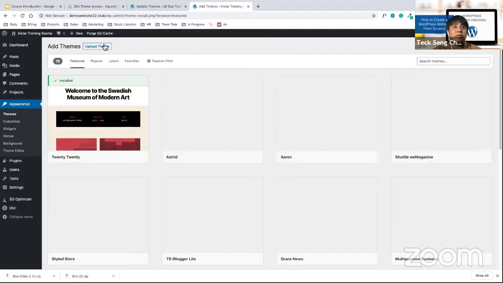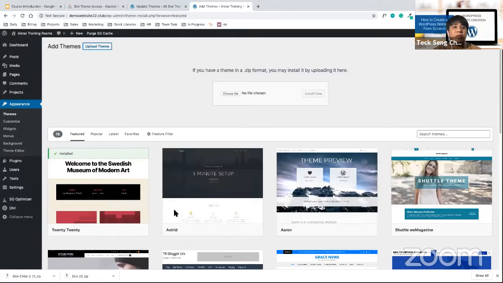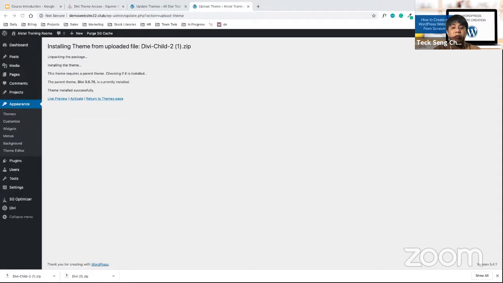Click on Upload Theme, and then install the child theme. Click on Install Now. Okay, so once I see this, I will click on Activate to activate my child theme.